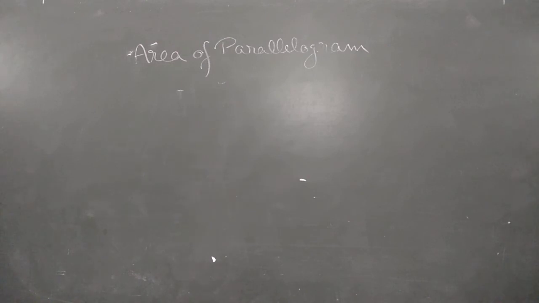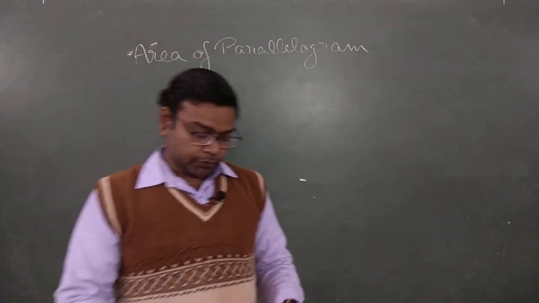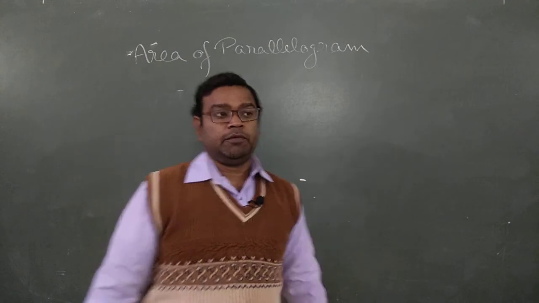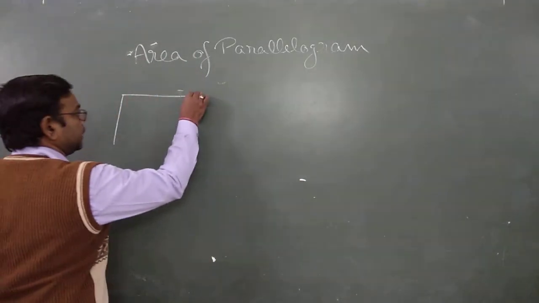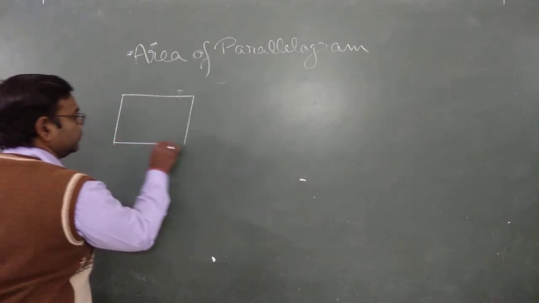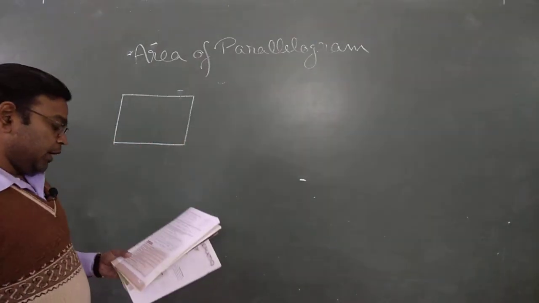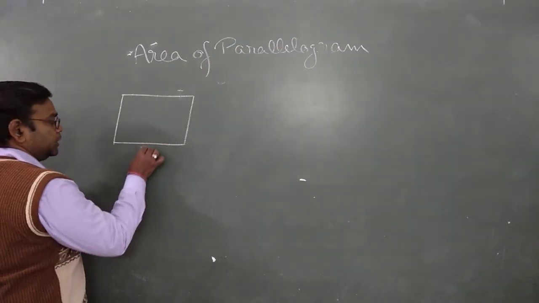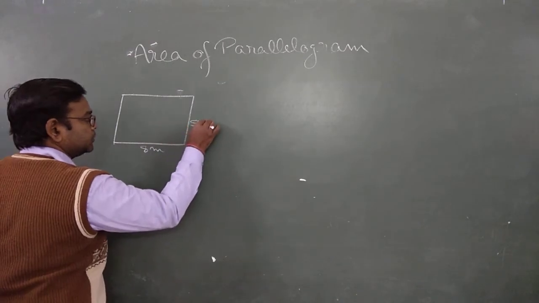Now our first question: it is given to you that the adjacent sides of a parallelogram are 8 meter and 5 meter. First you have to draw the figure. In every problem try to draw a rough figure which represents the parallelogram. This is a parallelogram structure and adjacent means the sides that are together. So it's 8 meter, and you can say this is your 5 meter. Clear?